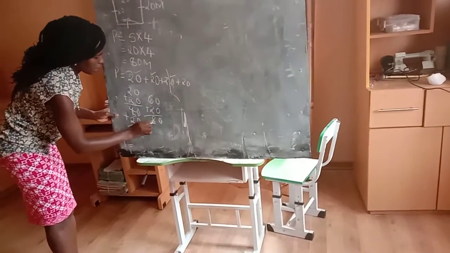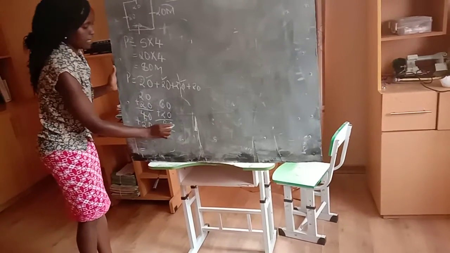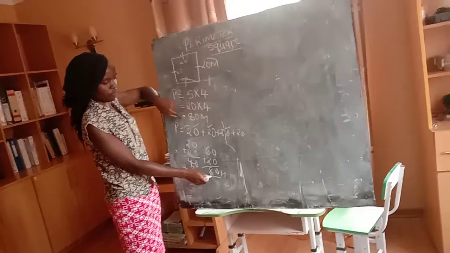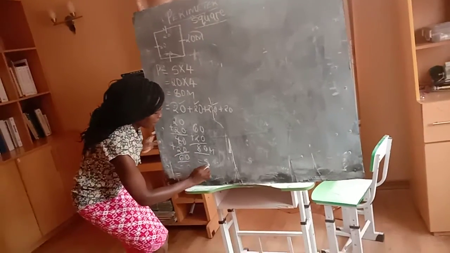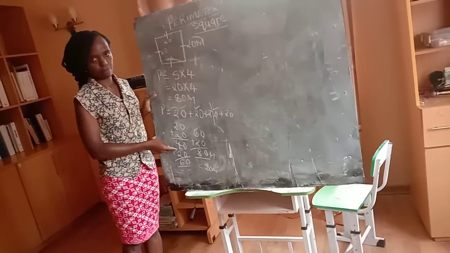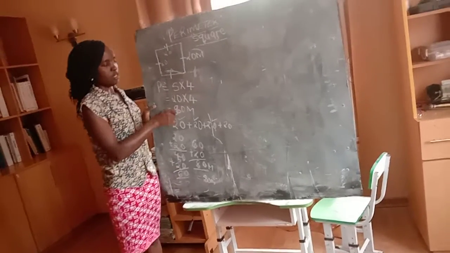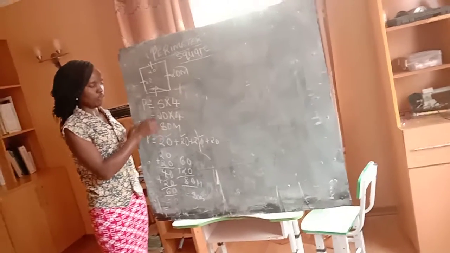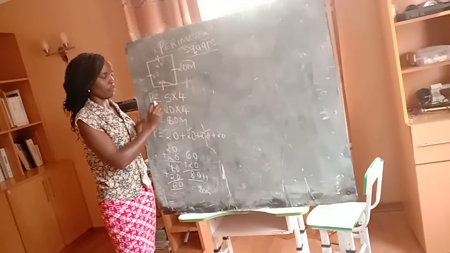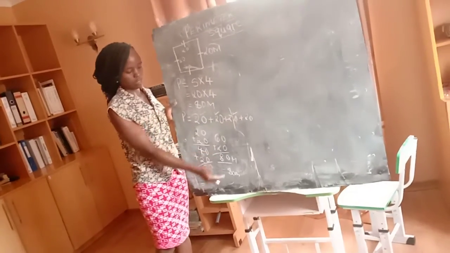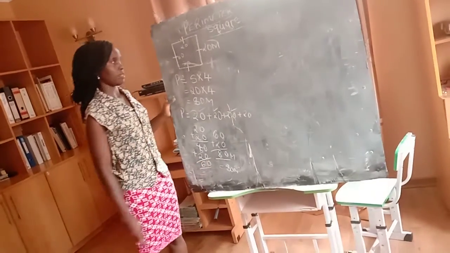And this is 8. So this is 80 meters. Here we got 80 meters and here we got 80 meters. You can see the process is the same. The answer is the same. If you use the formula, you are going to get 80. If you have forgotten this, there's no problem. You just come and add all the sides and you're still going to get the same answer.